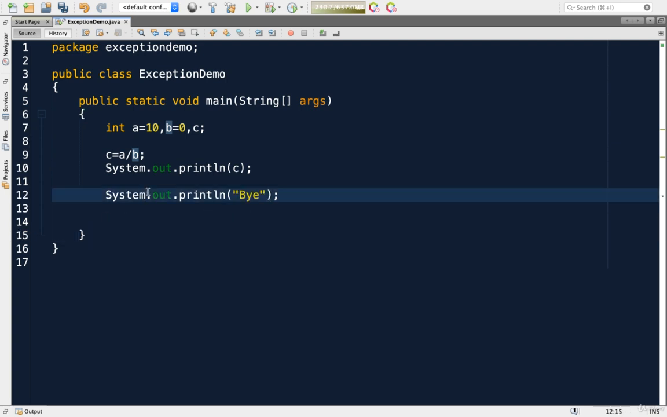So it should print bye. This shows that our program has executed successfully. So by using simple four or five statements, I have explained what it means by exception and what we want in case of exceptions. Now next,